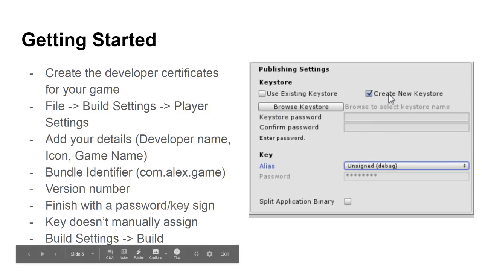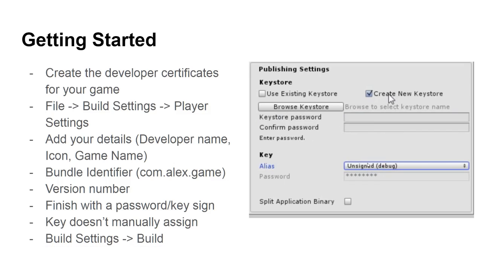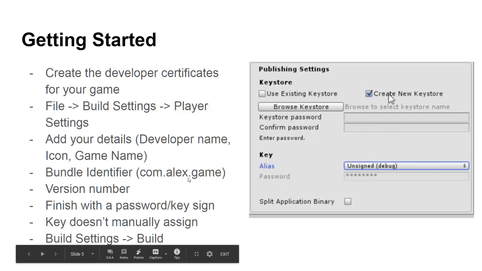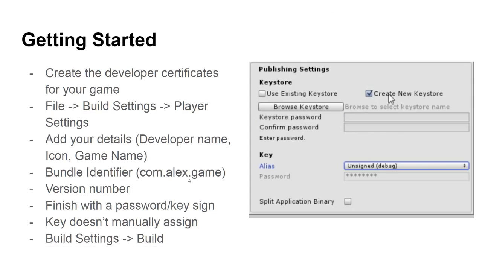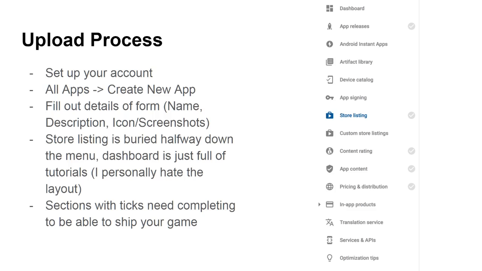And this little drop down here, you need to make sure is correctly designated. It won't do it by default. And then you just build out. You can actually export without filling this stuff out, but if you want to publish to the storefront, you'll need to fill that out. As part of the upload process, you need to have, as I mentioned, an account. And then from there, once you've set up your account and kind of got it associated with all the developer-related stuff,